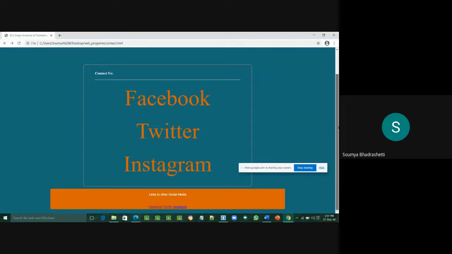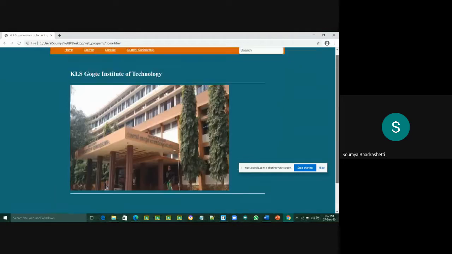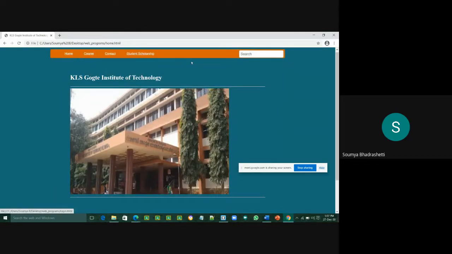It is there for every page. And here you can search for anything from the home page. So as you can see, this is the working.